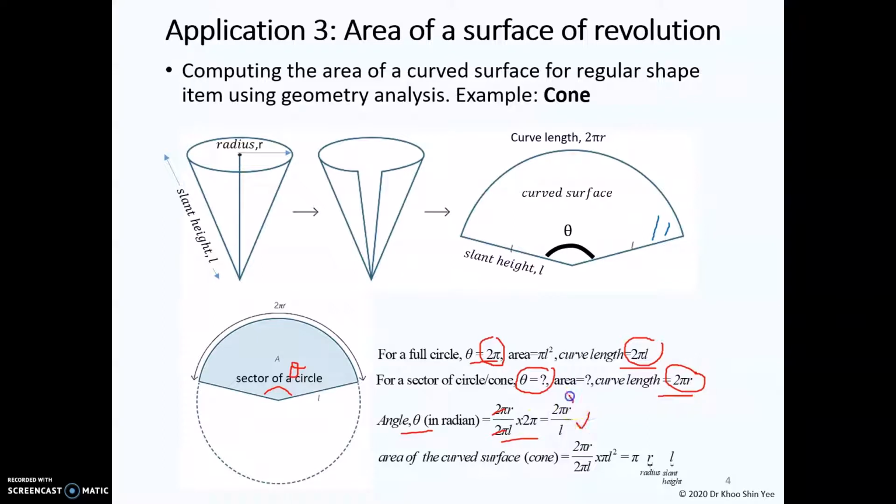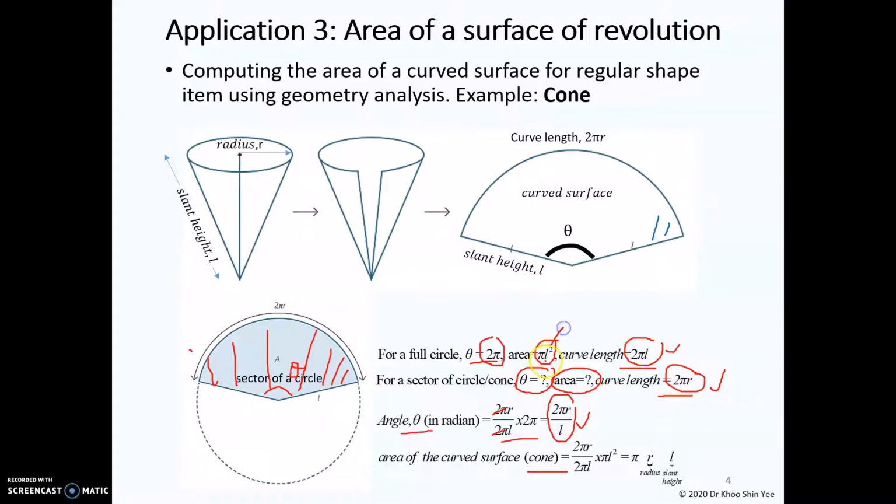By performing this formula, you can obtain the angle here. So you can continue the same approach to find the area by referring to these two pieces of information. The area here is the area of the sector of the circle, or the curved surface of the cone. To find this area, we can take 2 pi r divided by 2 pi l and multiply it